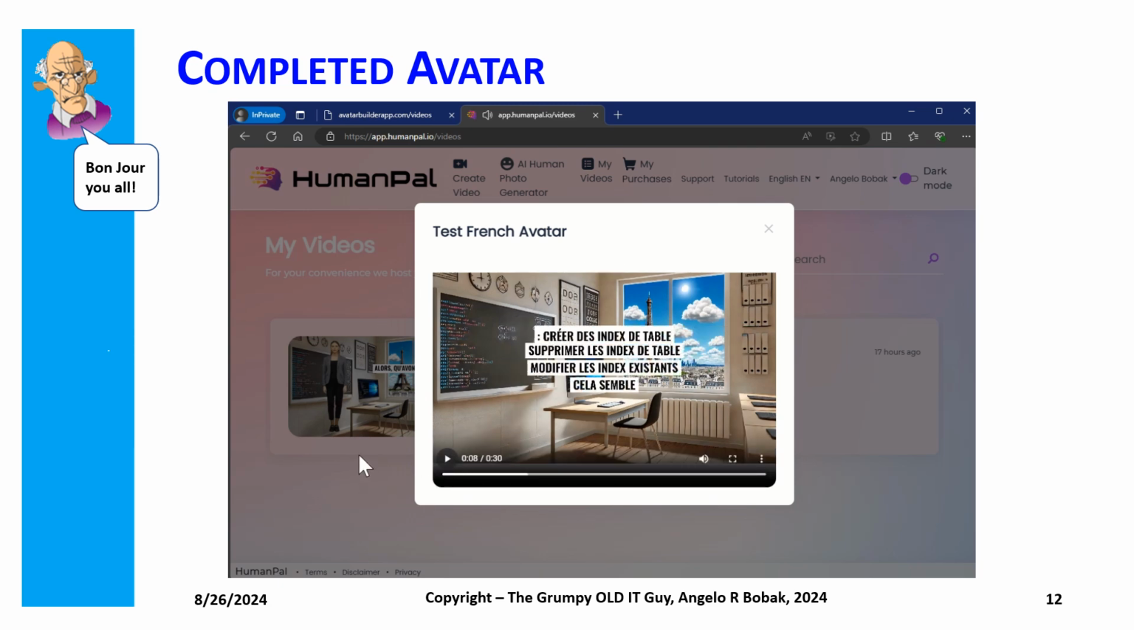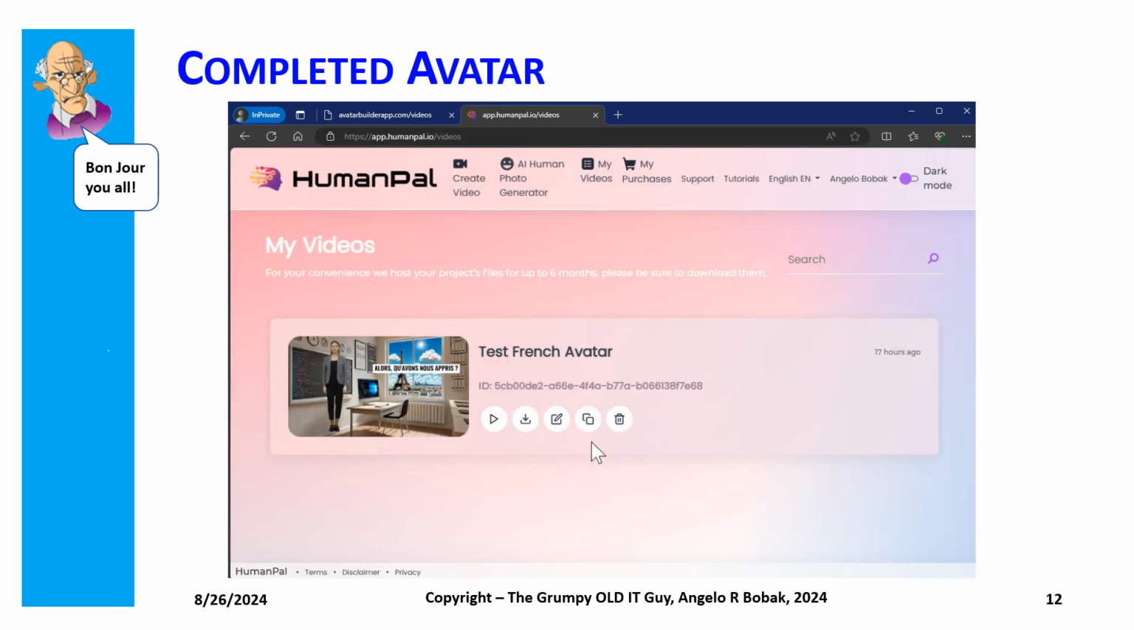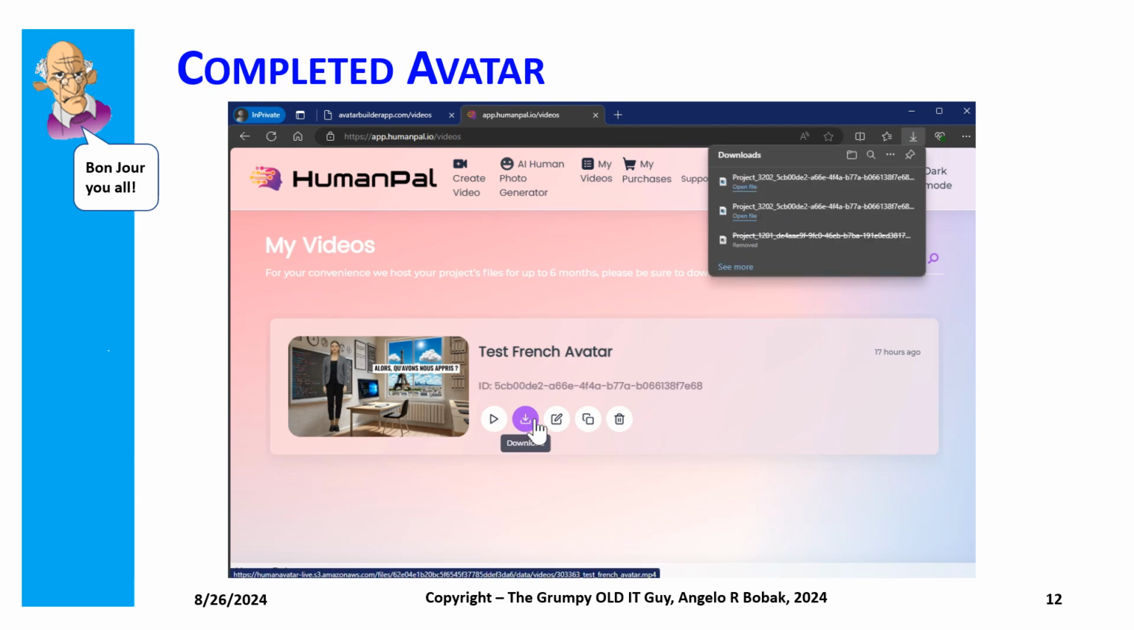Okay, so that's not too bad. It's all in French. Okay, I can download it by just clicking the download button. There it is. And I actually downloaded it before,